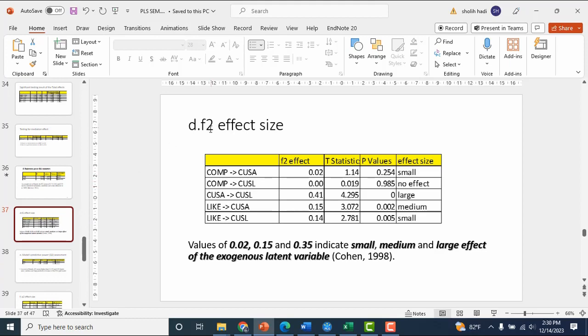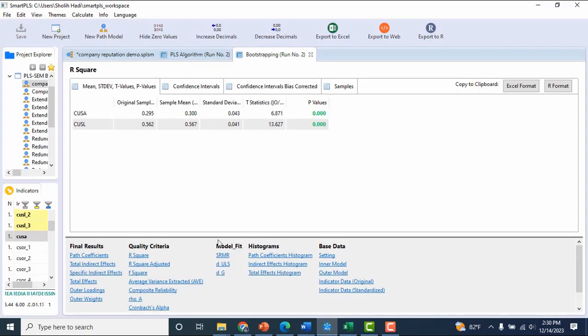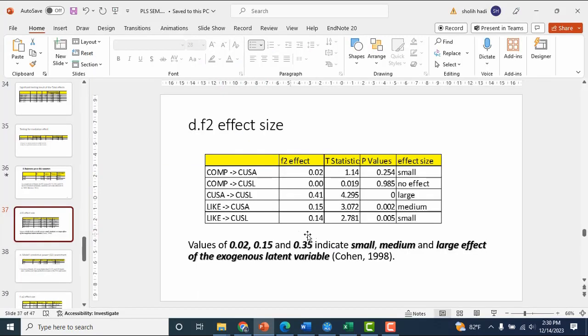And then we assess the F square effect size. We can click here, F square. We can see here, I already copied it. For COM to JUSA is a small effect because only 0.02.